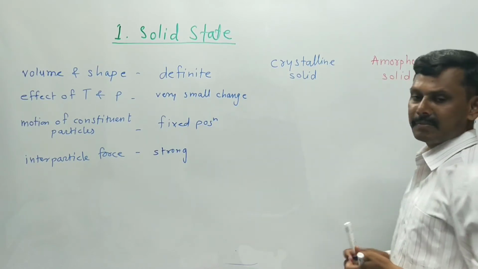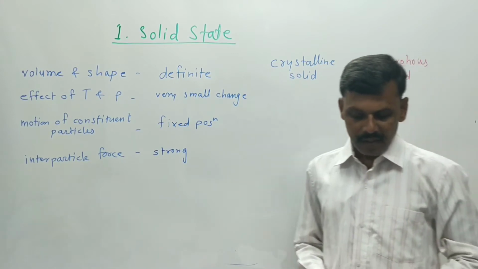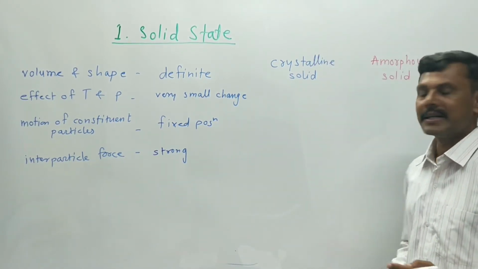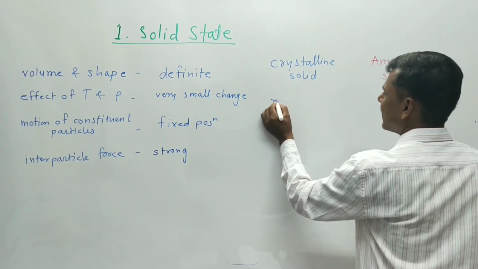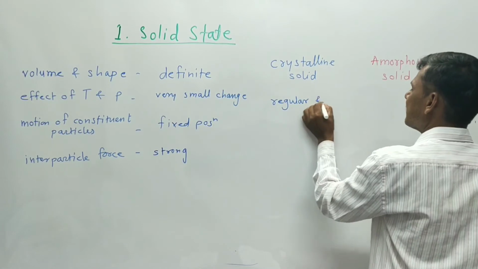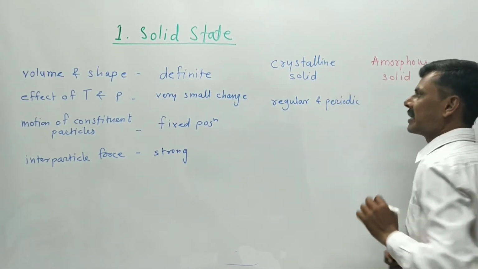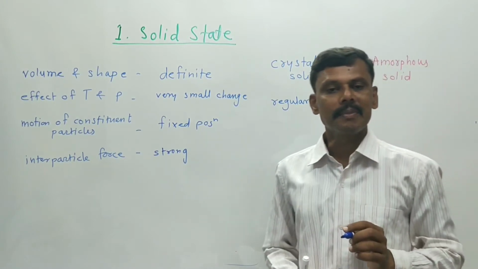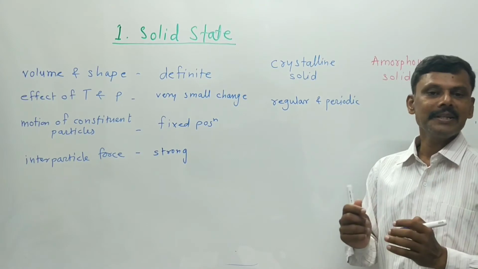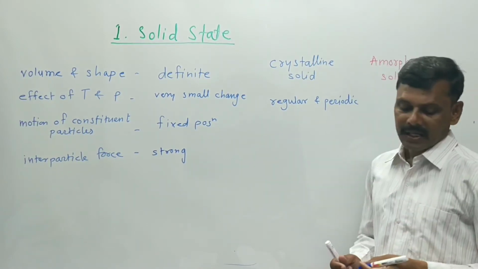Let us discuss one by one. In case of crystalline solid, the arrangement of particles is regular. It is periodic also. Whatever particles are there, their arrangement is perfect, and it is periodic also. Then in case of